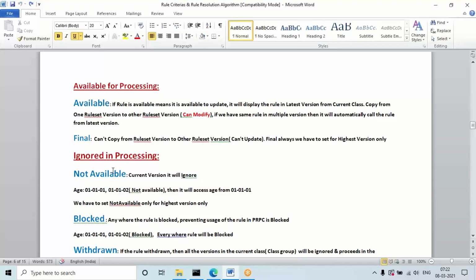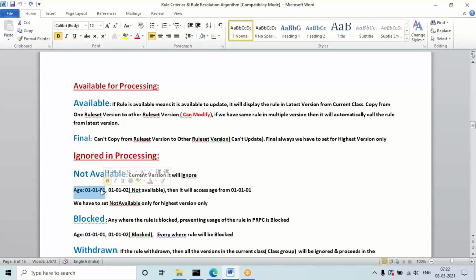Okay, then what is not available? Suppose if I set a rule as not available, and I have two versions, version 1 and version 2, if I set the version 2 rule as not available, then it will drop this rule. This particular version rule will be dropped and it will execute the previous version, the next lowest version, whatever rule is there.